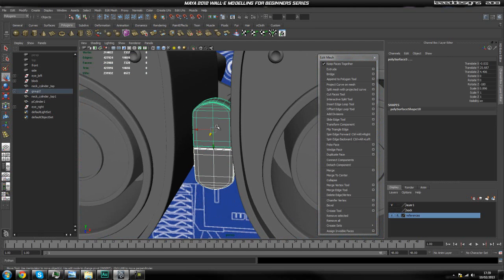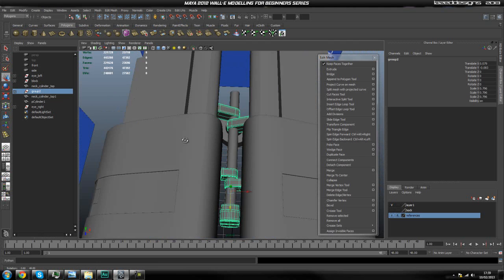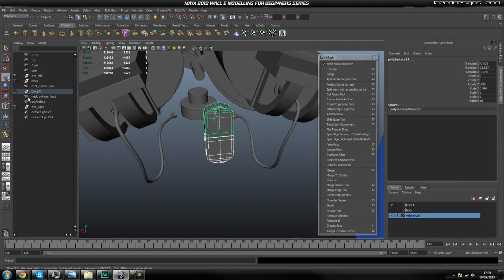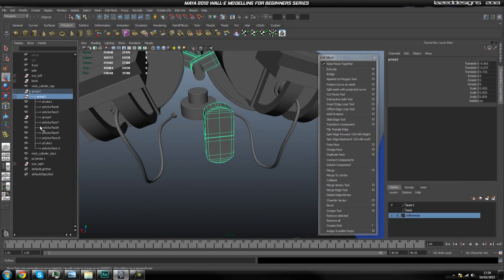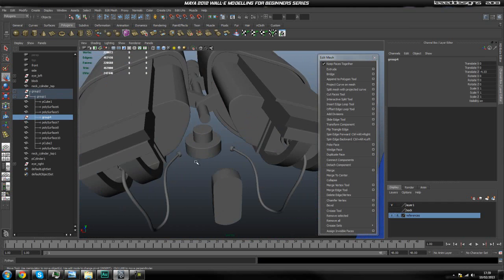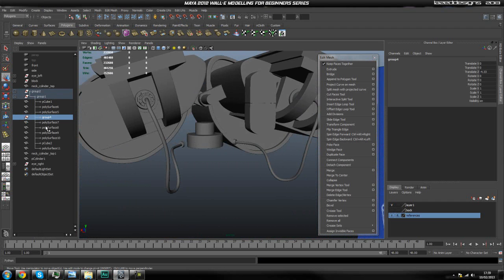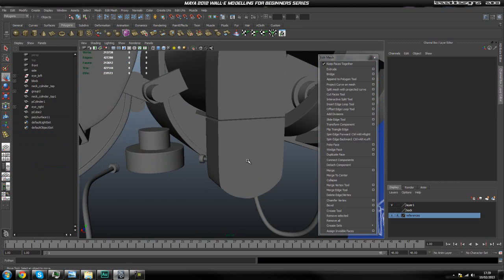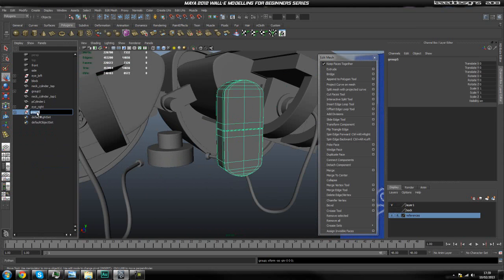So I'm just going to go ahead and use these two pieces again, which should be in a group, but we're going to go ahead and grab both of them and duplicate it and drag it to the back, and go ahead and find it, which should be, don't even know what that group is, but we'll find out. Just going to go ahead and find these two, hit Shift P to ungroup, and then just close these groups. And then we're going to go ahead and grab both of them, group them, and then name it neck connect